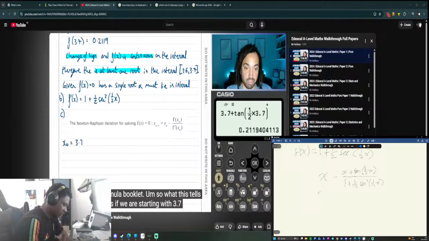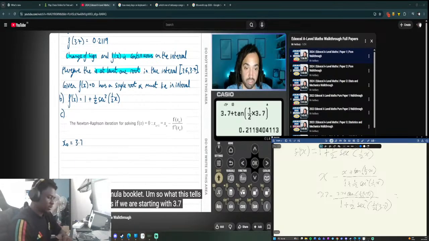So it turns into 3.7, 3.7 plus tan half 3.7 over 1 plus half sec squared half 3.7, which gives me